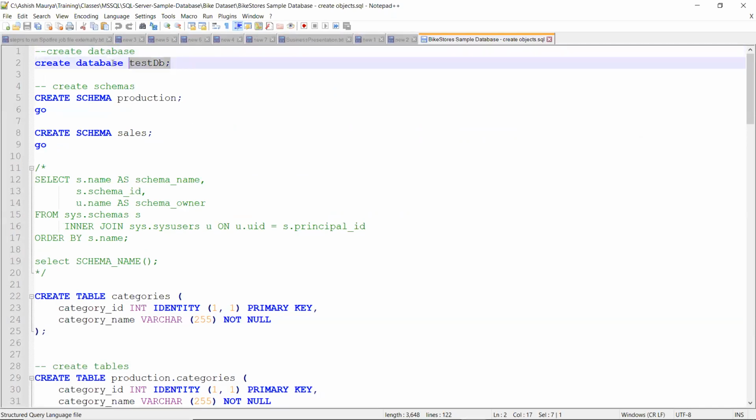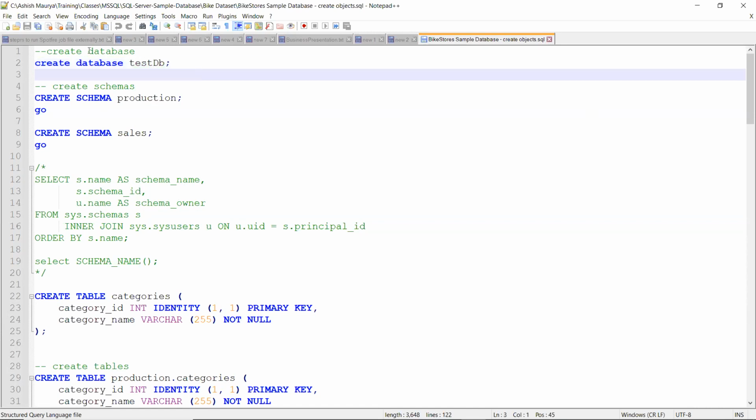First of all, if you want to create a particular database, please understand SQL is very close to English. If you want to learn these statements, just try to keep it simple. If you're creating something, it will start with create, what you are trying to create, and then the name for the creation. So if I want to create a database, it is create database name. If I want to create a schema, it is create schema name. As simple as that.